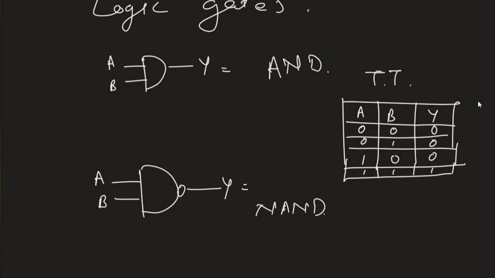Same output, but it will become the complement. You will have Y equal to 1, the 0 becomes 1, here also 0 becomes 1, here also 0 becomes 1, and this 1 becomes 0. So this is specifically the truth table. Whenever you have A and B as inputs, your Y will be, let's say in this case I'm just taking Y bar, so it is just a complement of AND, correct?